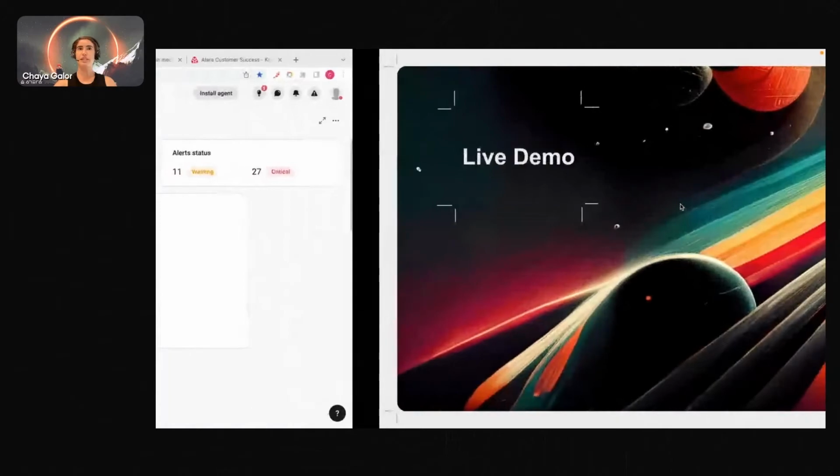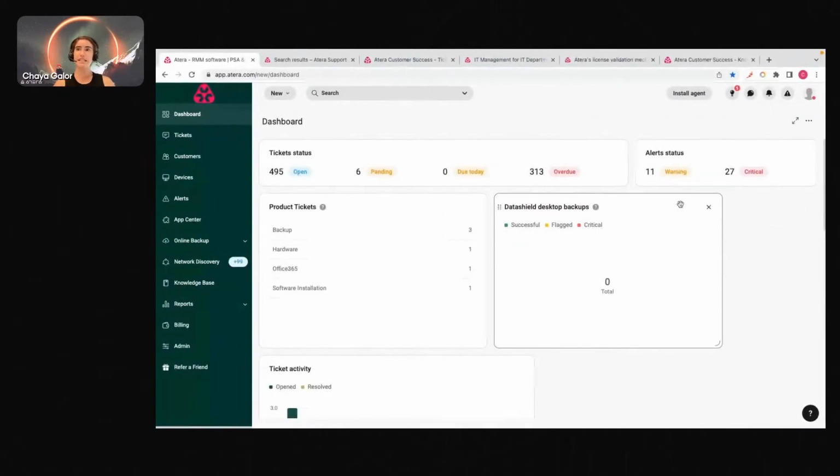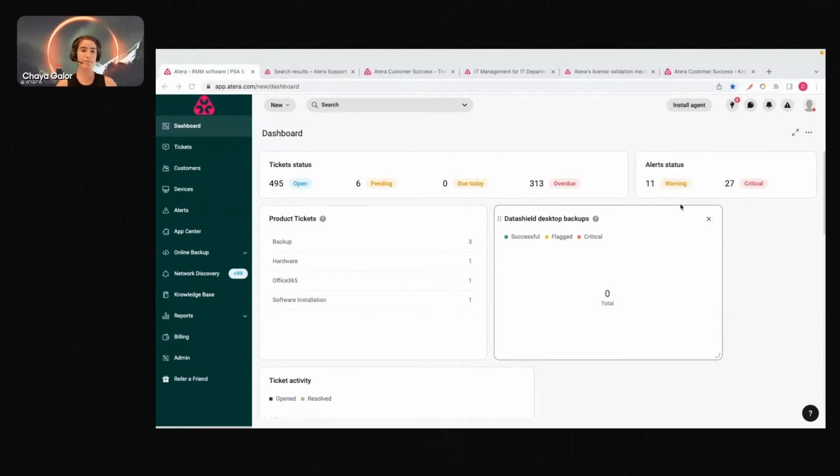So let's jump into the demo. This is the Atera dashboard. This is where you have an overview of what's going on within your organization. I will mention that I'm going to be demoing on the MSP platform. So we have an MSP platform and we have an IT department platform. They are very similar. The IT department platform is better fitted for IT department needs, of course, and the MSP has some different features such as billing and so on. If you are an ITD, no worries. Feel free to stay on the webinar. I'm sure you're going to get a lot of information. And as I mentioned, they are very similar at the moment.